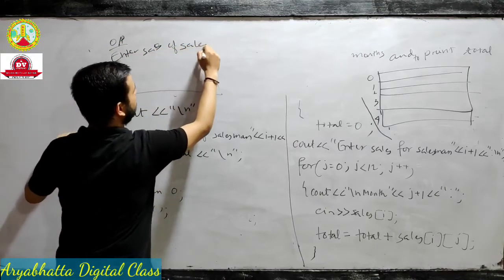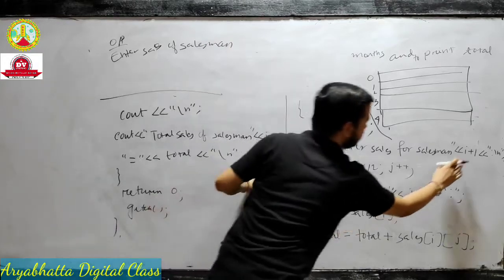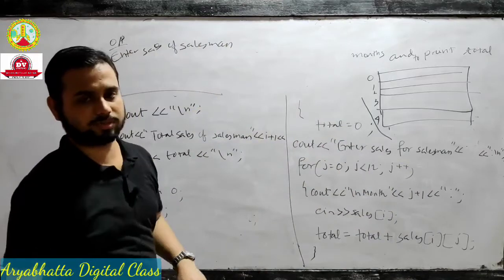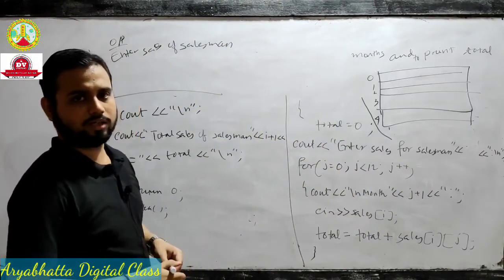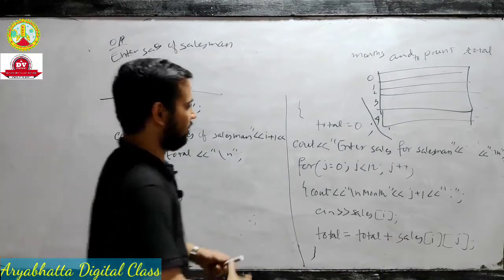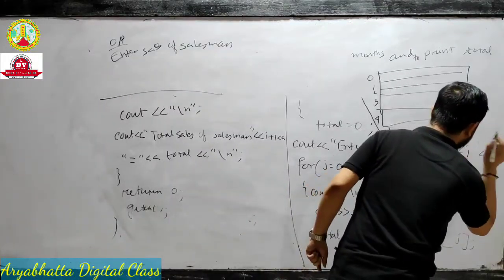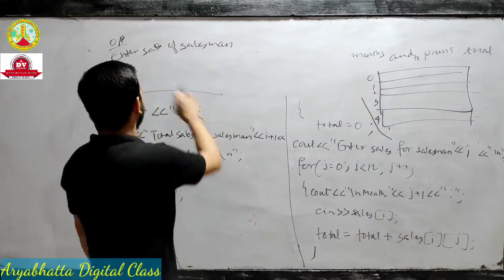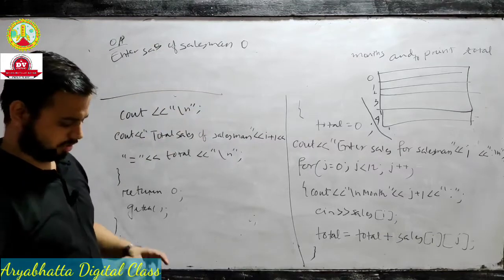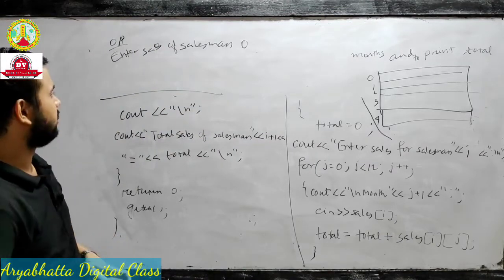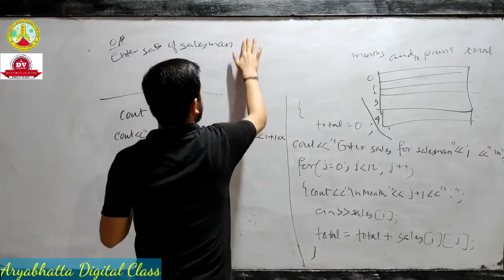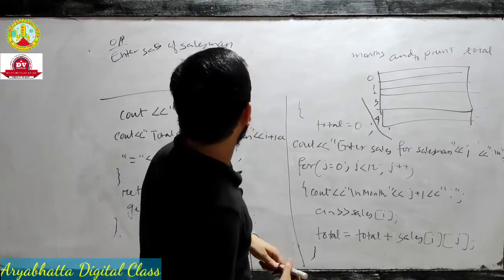Sales of salesman. If you use nothing here, it will only show "enter sales of salesman", but you have to define which salesman's sales, number 1, number 2, because we have 5 salesmen. If we only use i, then it shows "enter sales of salesman 0". But this line is not suitable for designing, because "salesman 0" does not look good.